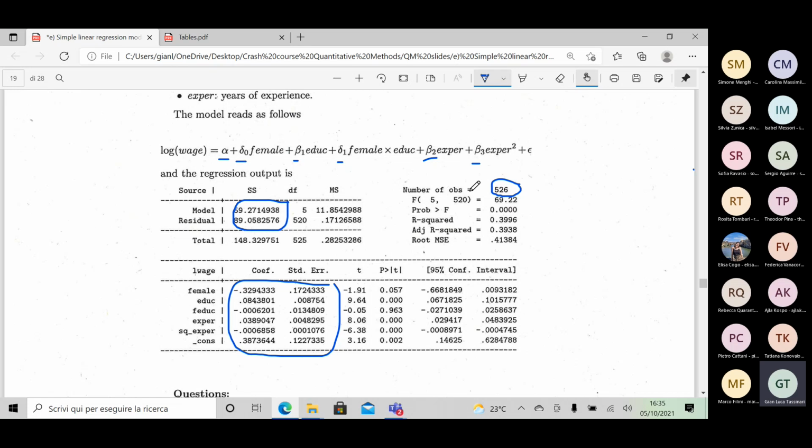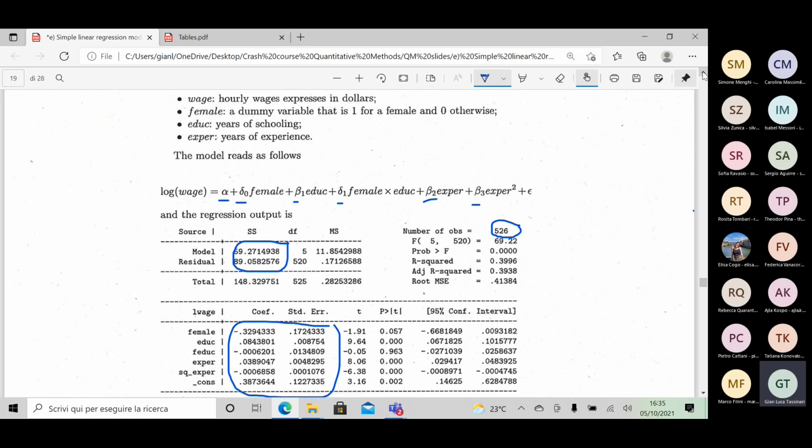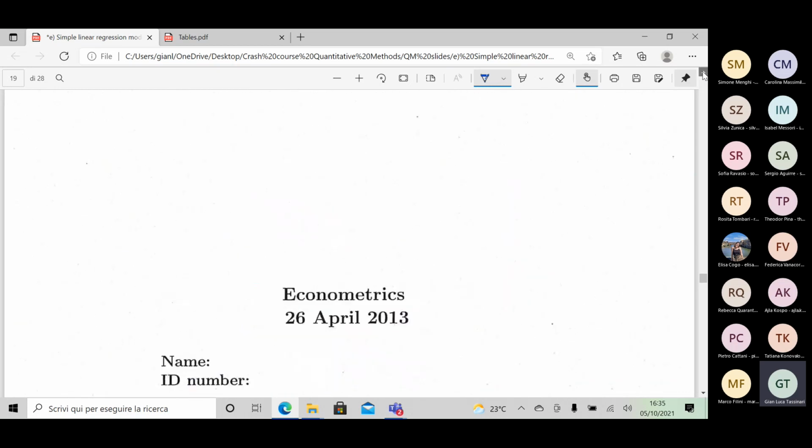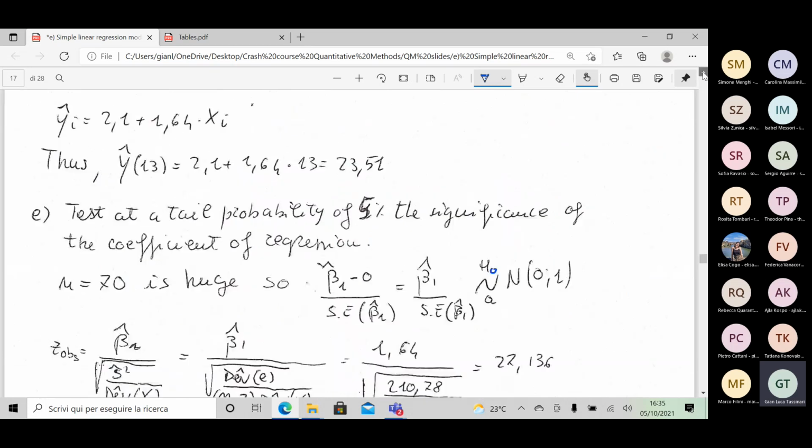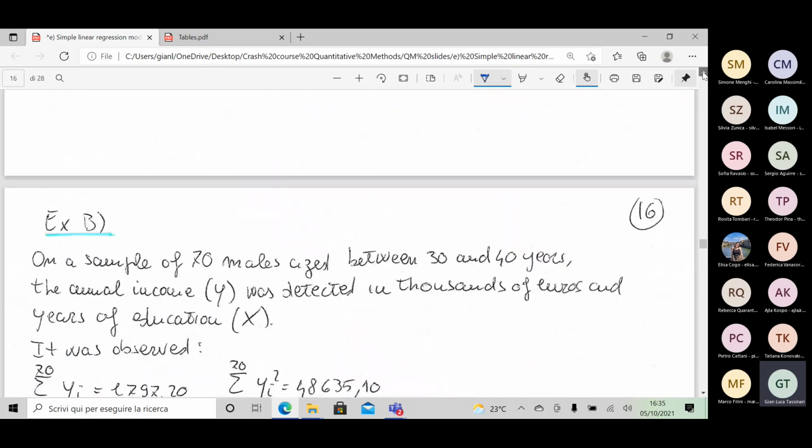Now, the number of observations, I told you that was important. Remember that this morning, at the end of the lecture, I told you, if you want to test that our model is significant, you have to test if beta 1 is equal or different from 0. But then I explained another test, which is the F test. I told you this is not really important in our case, but I explained it because later I want to show this test when you have a multiple regression model. To review with you, because I know that you don't remember,